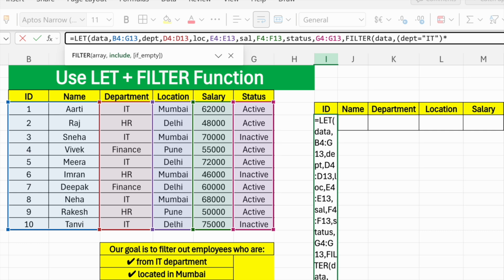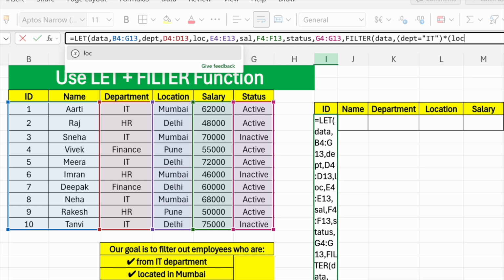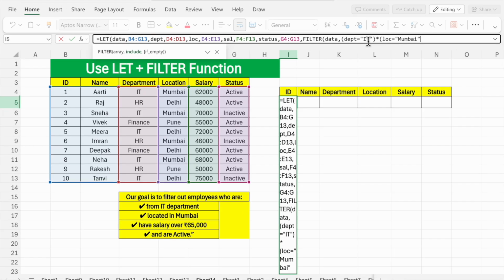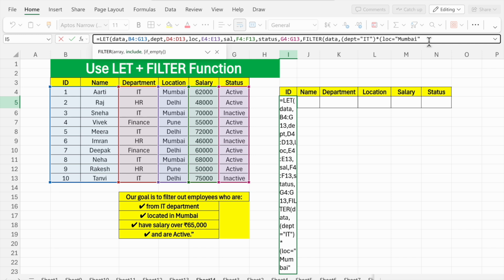Now into, so which filter also, location, we have to enter location, so loc is equal to, now inverted comma, Mumbai. Okay, now again bracket close. Okay, now again into